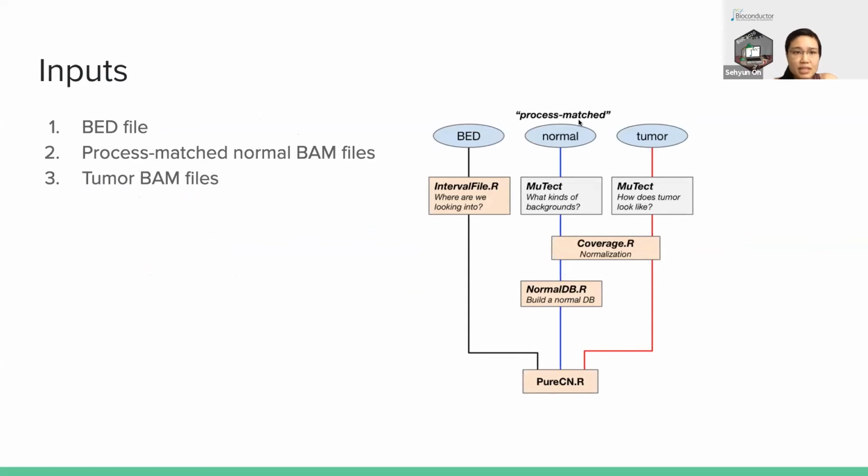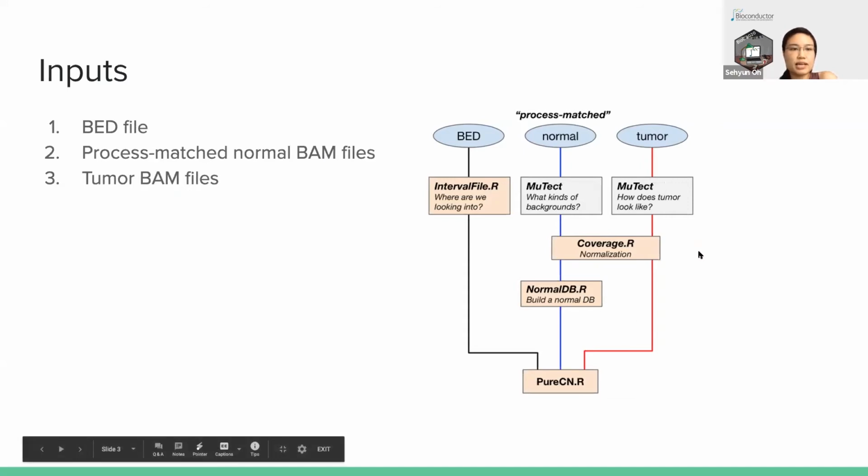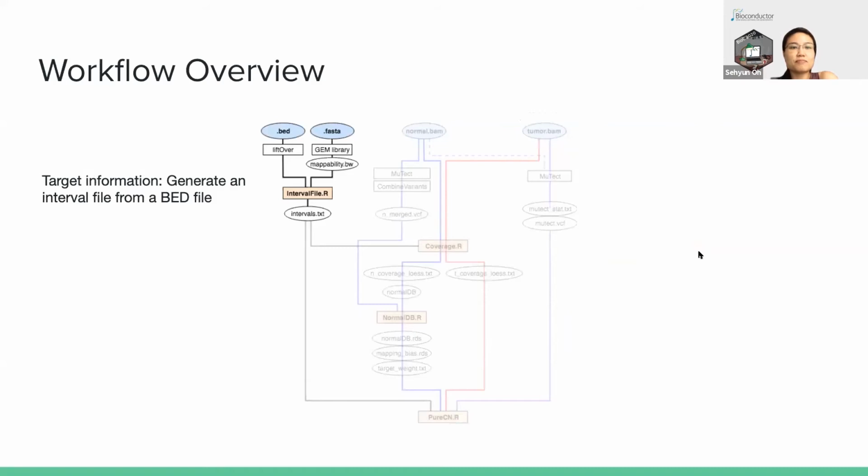It doesn't need to be a normal from the same patient's tumor. This process-matched normal is required to figure out the background noise. And the last part is, of course, your tumor sample that you want to check the CNV information for. These are a brief summary of what's happening in this step, and I will go through each step very quickly in